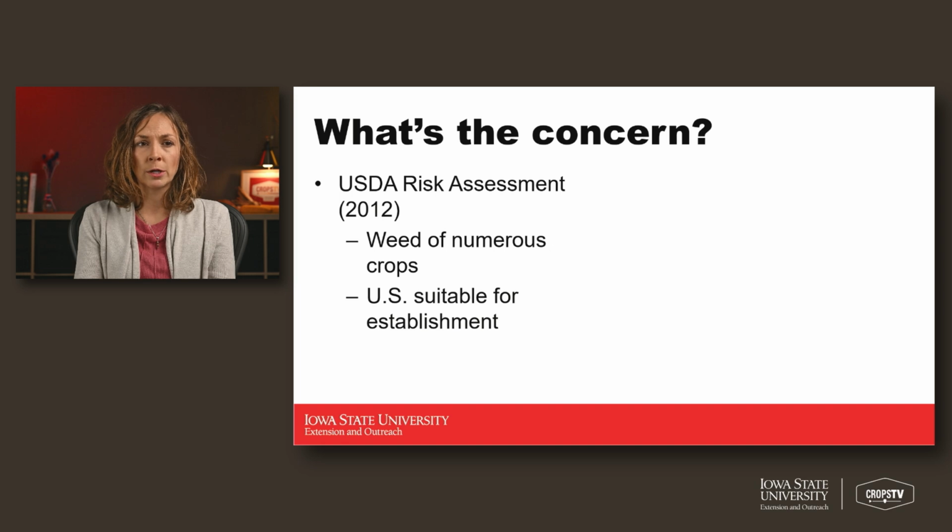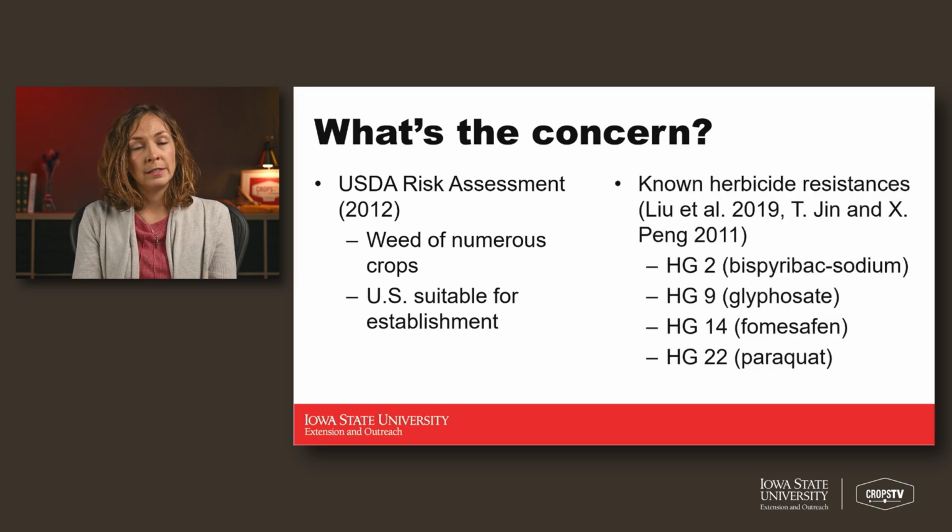But there was still a lot of question as to how invasive the species could be and what potential risk it posed to crop producers across the US. It does have some known herbicide resistances that we can find in literature from the areas that it originates from, primarily China, where most of these have been documented, either in soybean or in orchard production. Those herbicide resistances are herbicide group 2, herbicide group 9, herbicide group 14, and herbicide